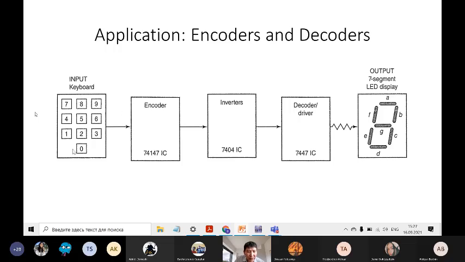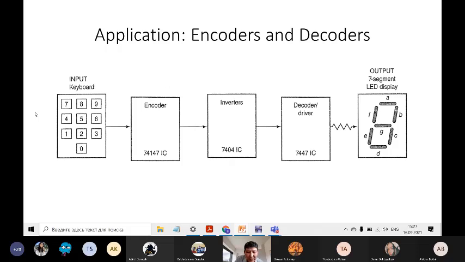I already mentioned the keyboard, for example. For the encoder you will use the integrated circuit 74147. So in Multisim there is this integrated circuit and you will use it. But this encoder does not give us, for example, if you press 7, the real binary 7. It will be inverted. For this we need inverters. So why it happens,